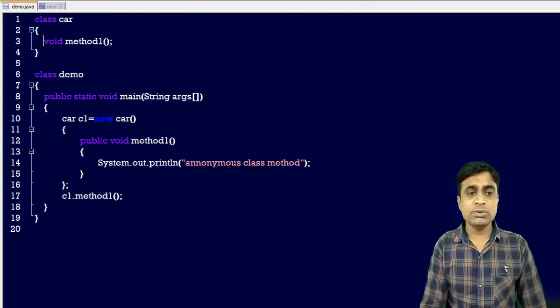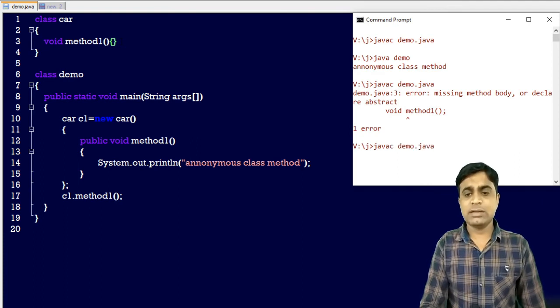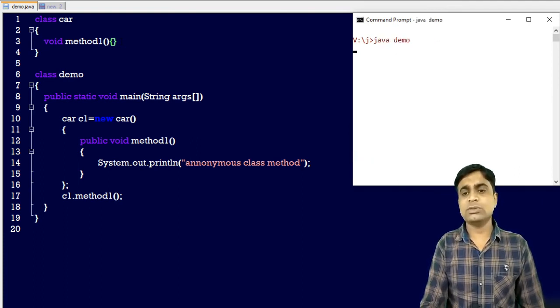So you need to override this method, because a normal class cannot contain an abstract method.